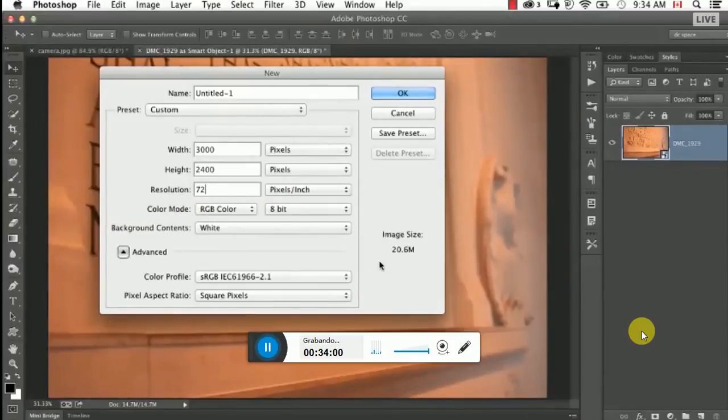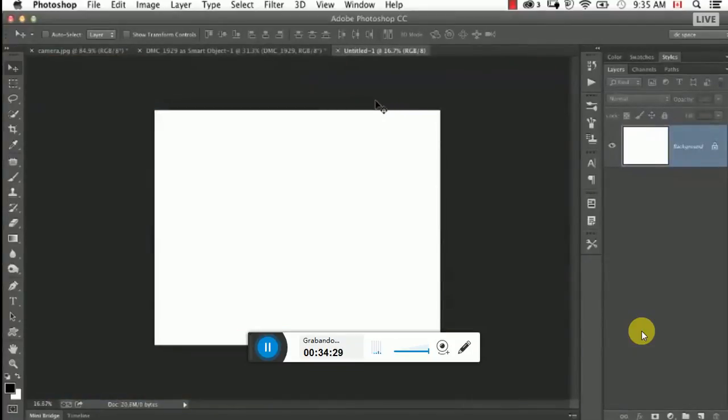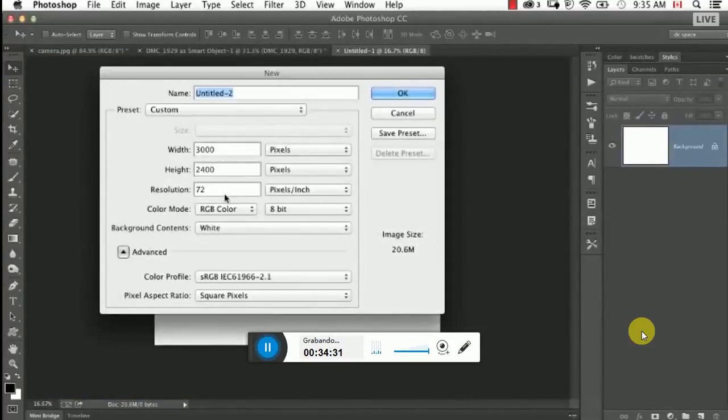If I change this resolution down to 72, it's still 20.6 megabytes, because what we're doing is saying, I want this much pixel information. The resolution just means how big it will print in terms of quality, but it's still this much information, so the resolution number when you're looking at pixel dimensions has less of an influence than people think. So just to show you the difference, let's open this one,